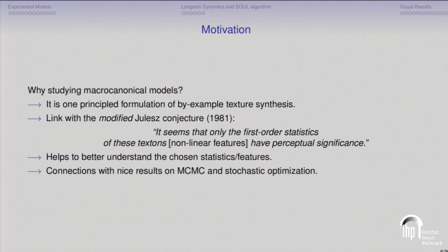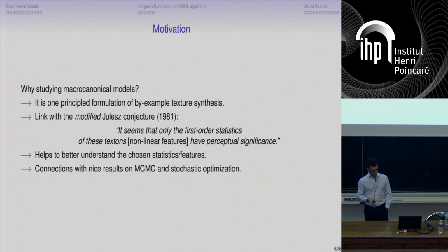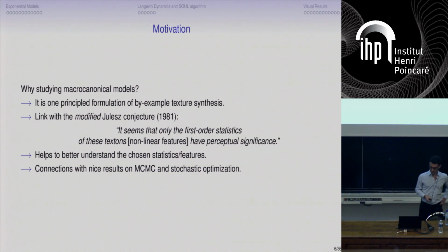Now, another thing is that if you sample a model which is of maximal entropy with some constraints on a certain set of statistics, what you get in the end will help you to understand what is encoded in your statistics, as this is quite an important question when you use statistics linked, for example, to neural networks. And finally, and I hope to convince you of that in the next sections, there are some interesting connections with Monte Carlo Markov chain results, on which we had very nice talks already by Georges Sanford, Pierre Chenet, and Stéphanie yesterday, and Marcelo this afternoon, I guess.